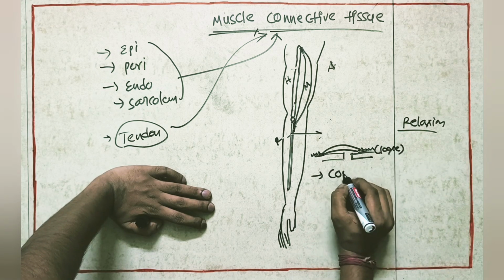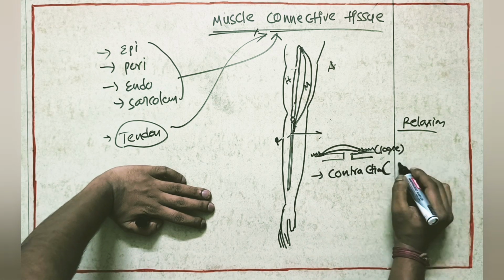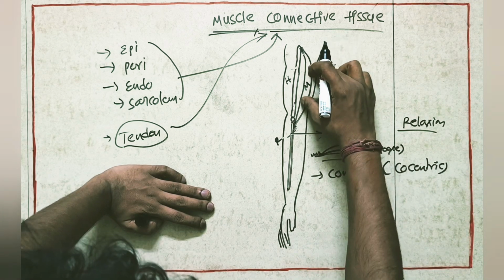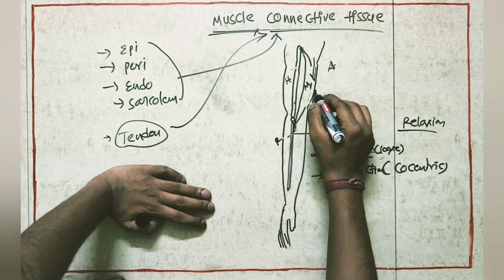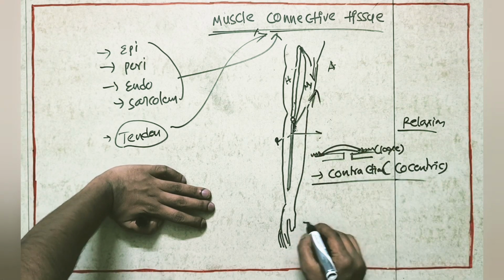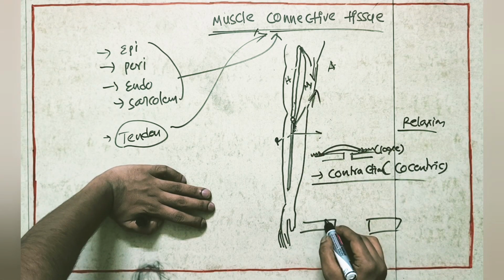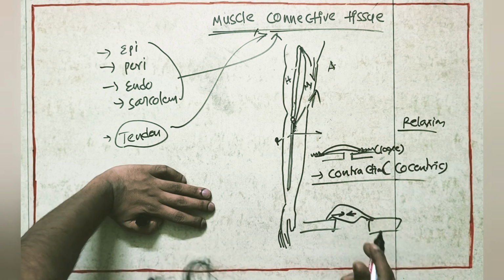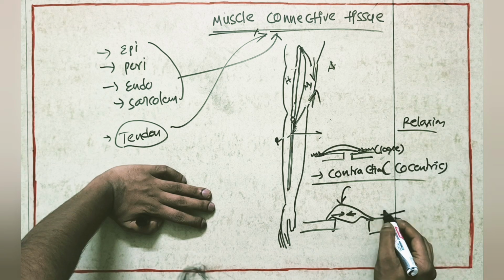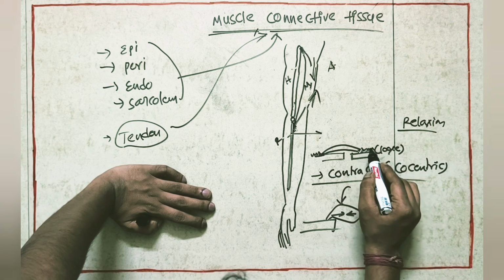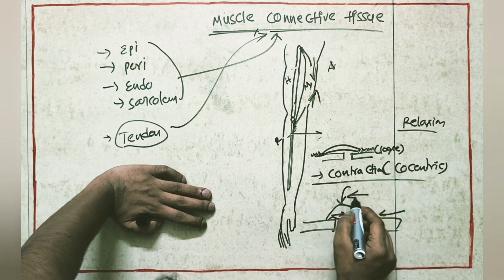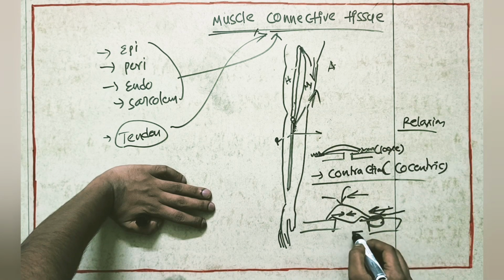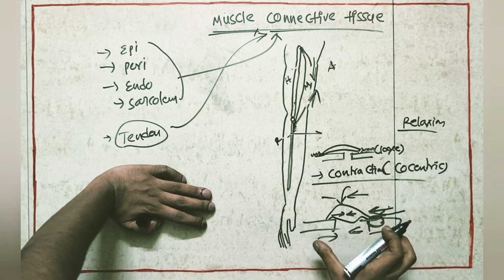If the muscle is doing contraction, for example we'll take concentric contraction, so muscle is going to shorten. If the muscle is going to contraction, this contraction force inside the muscle is going to pull the tendon. Here it is loose. When this muscle is going for contraction, that time it is going to create a tension inside the tendon. It is going to pull the tendon in this direction.